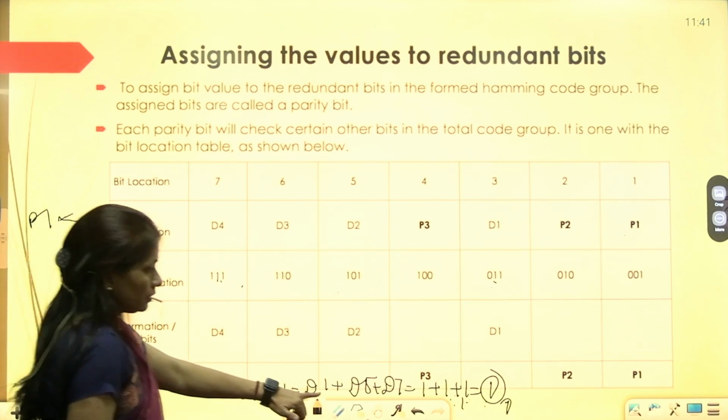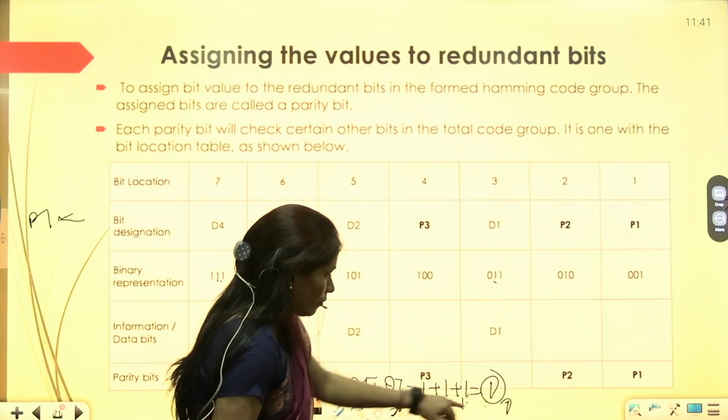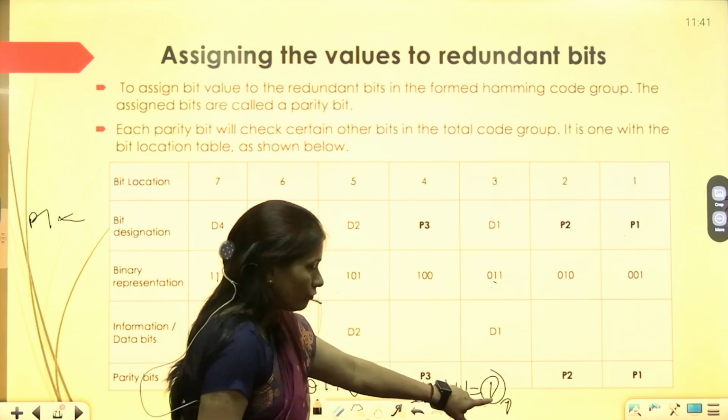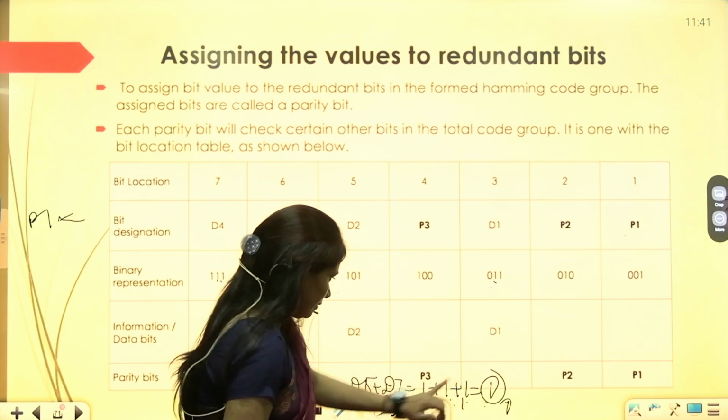If the number of ones is odd, then add 1. Check the even parity bit.